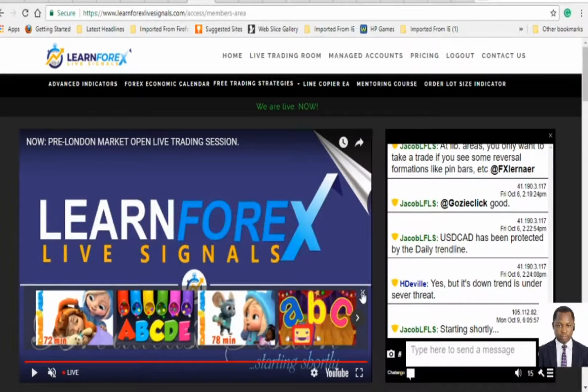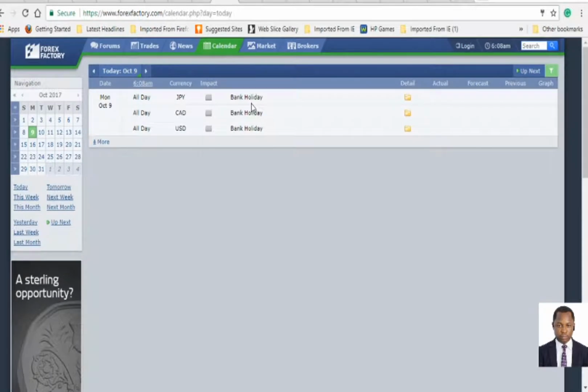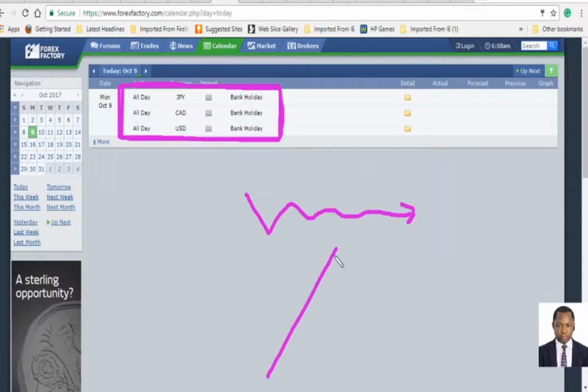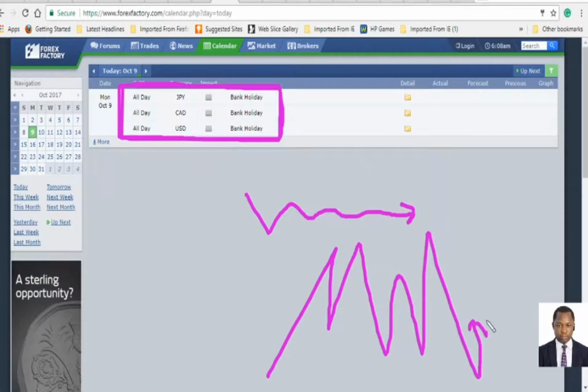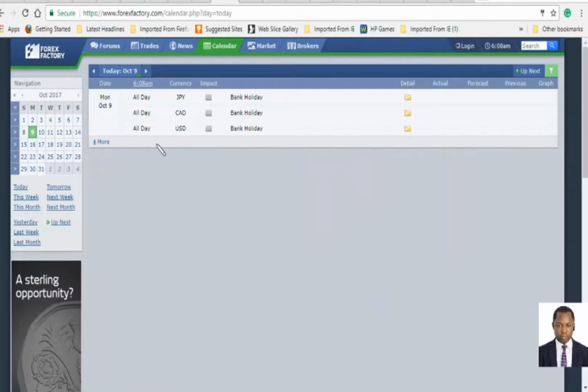Let's move into the Forex Factory economic calendar to see those high impact news events that are scheduled for today. As you can see, we have all through bank holidays for today. That means we were not even supposed to be in the market for this day, because price might tend to go sideways or even be abnormally volatile during today's trading sessions, especially that the bank holidays concern America. Once you have a bank holiday coming from the American axis, price tends to slow down in momentum,